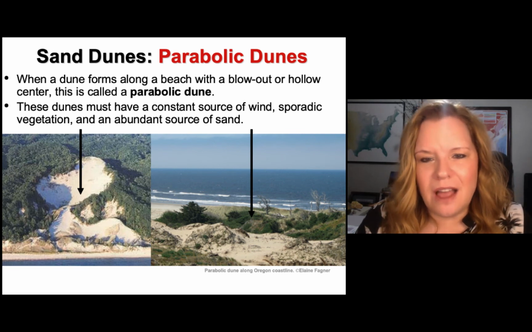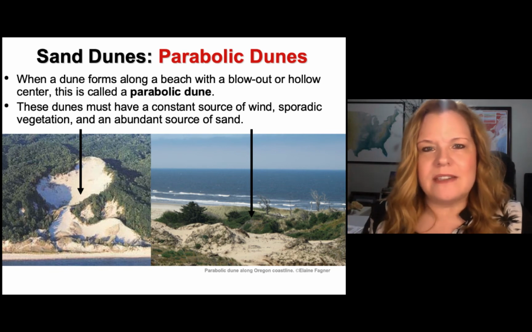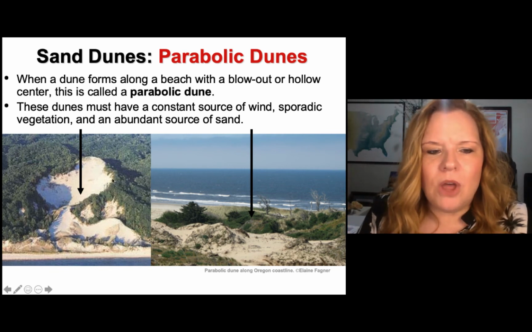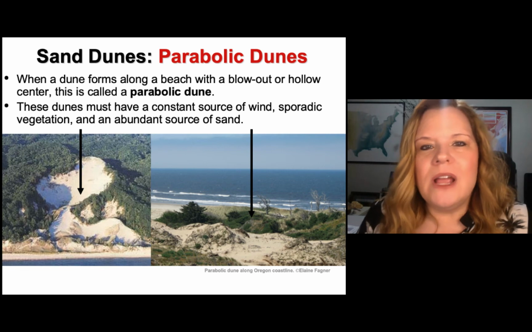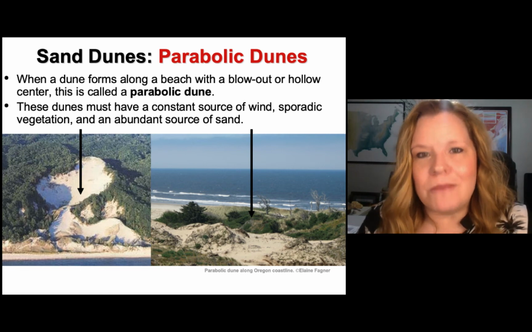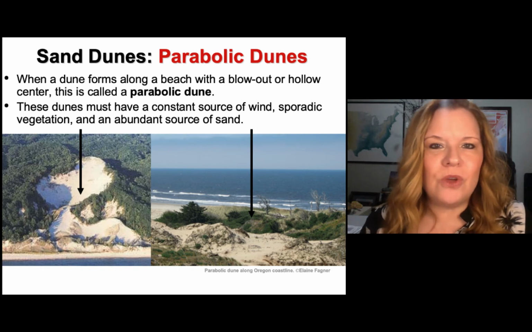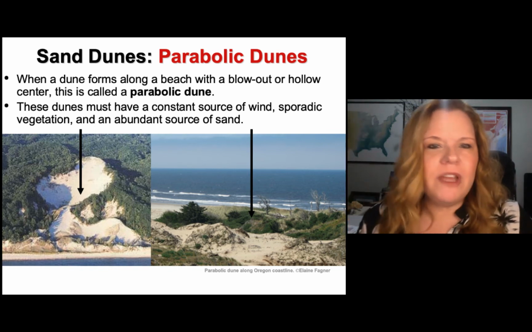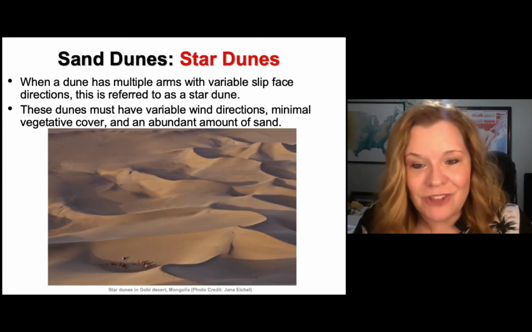These dunes have a constant wind source, and the wind source is coming from the ocean directly at that coastline. And so it blows out a hole here where the sand collects. And so it's facing the opposite direction. The open face of it's actually facing towards the wind, where Barchan, the open face of it, is on the back side of the dune. So they're very different. So again, parabolic dunes form typically along beach lines, and they have a hollow section, a center. They're very distinctive looking as compared to the others. There's still another type of dune called star dunes.